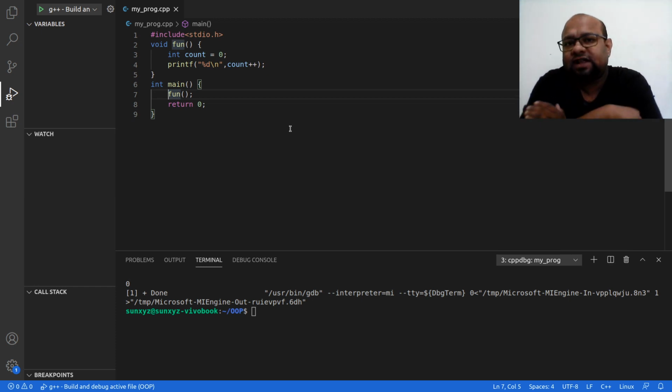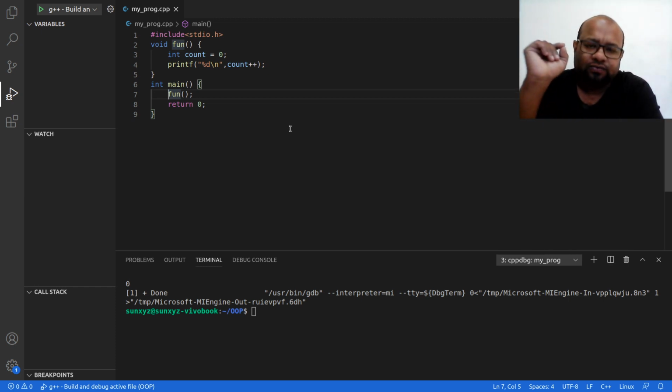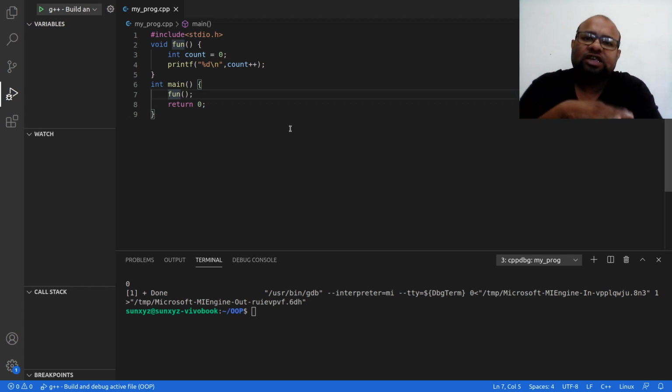This count variable will be allocated some memory in our stack. That memory location will hold the value 0 because we have initialized count to 0. Then we are going to print that value, so we print 0, and then we increment this 0 to 1. This is what will happen by the end of fun function.